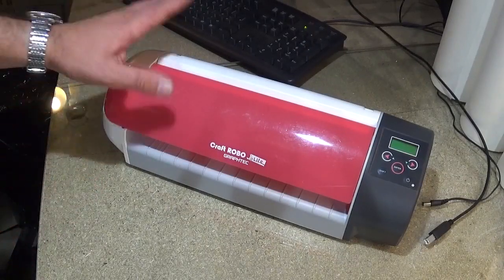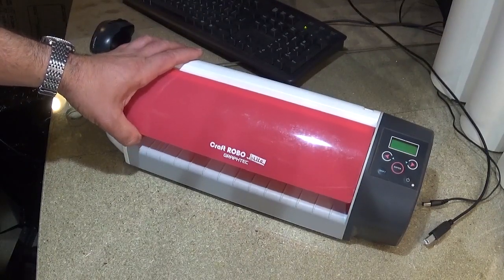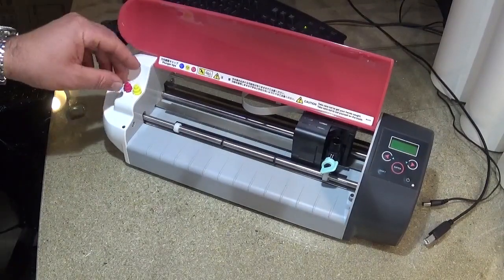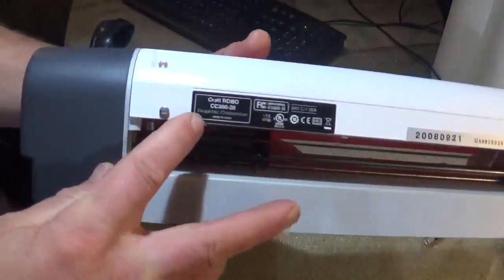Today's video we're going to be looking at the Graphtec Craft Robo Lite. It is the desktop vinyl cutter. It can also be used to cut card and paper. It is also known as, if I show you the code numbers, Graphtec